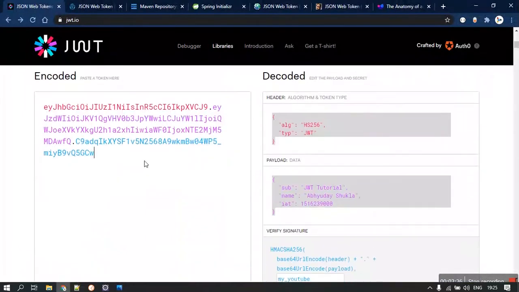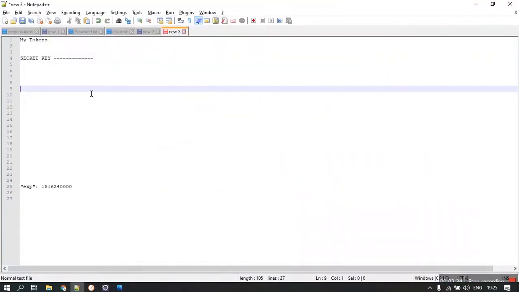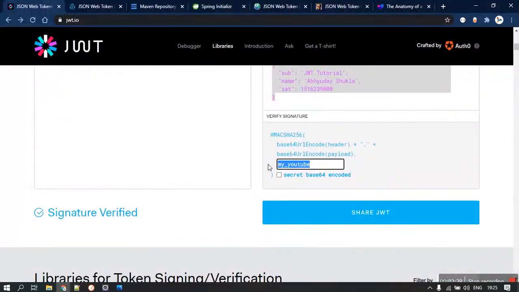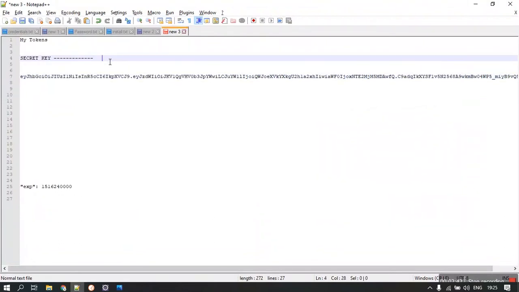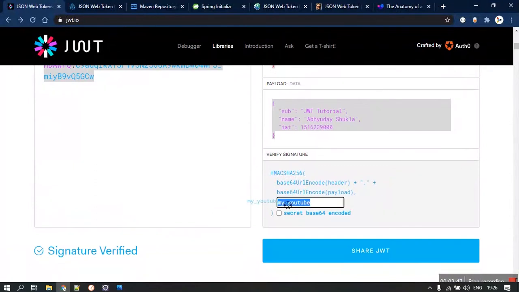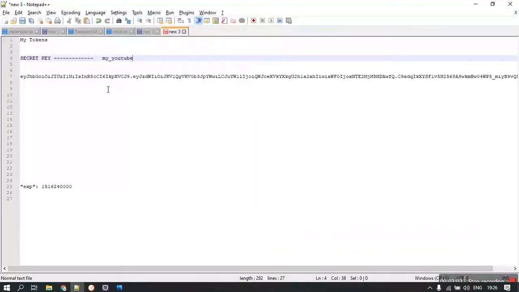Now if I want to verify that my token is correct or not, I'll just take a copy of this token into a separate location like over here, and we have to take a copy of the secret key that we used for generating this token. So let's keep the secret key like this, and suppose someday I come and try to guess what the secret key of my token was. I'll write my trial key, and paste that JSON token that was generated earlier.